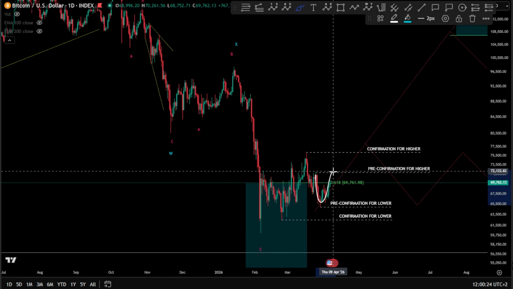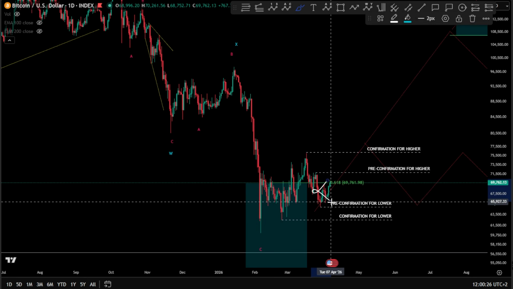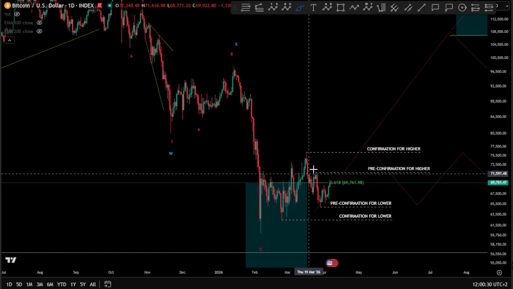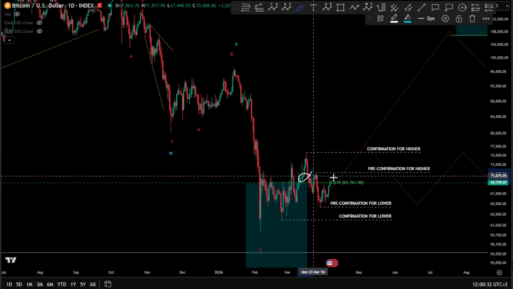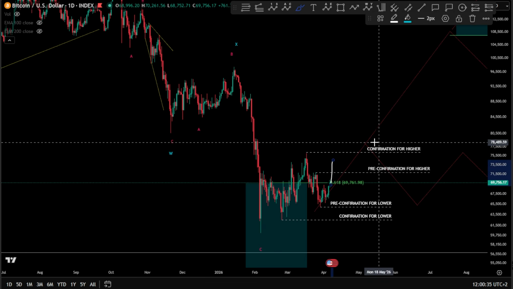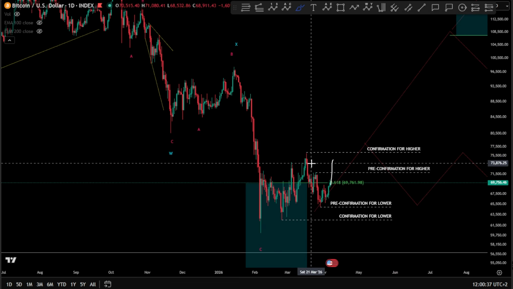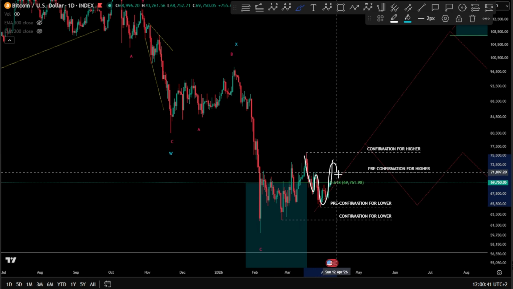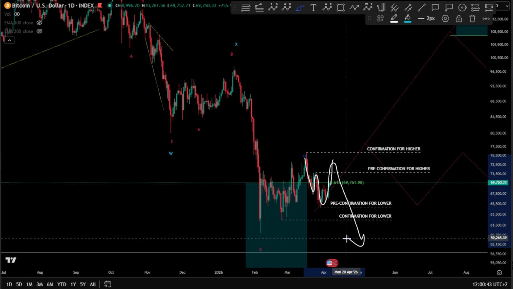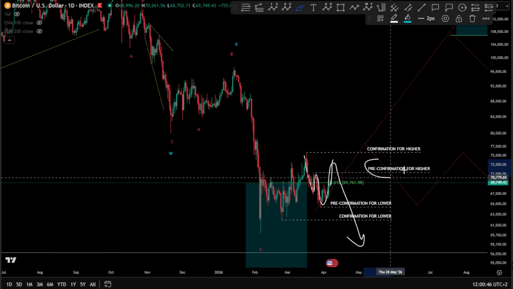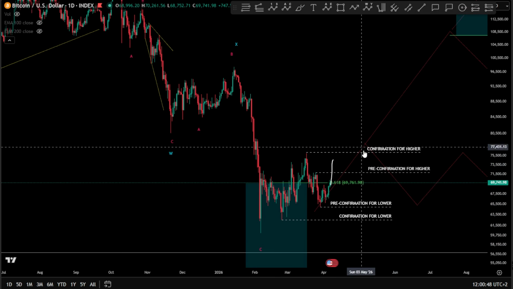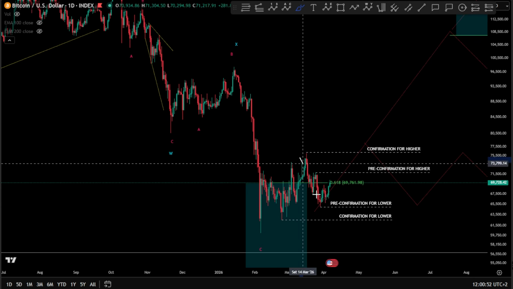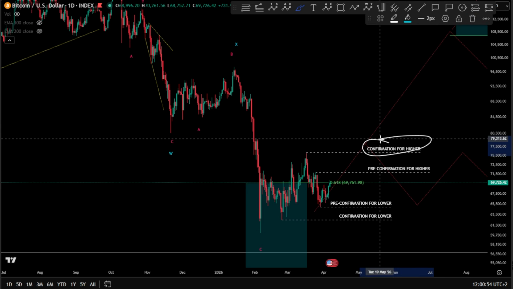this is already your pre-confirmation, meaning you invalidate this 1-2. Now, very high possibility when you invalidate the first one, definitely this one is out. But why do I still have a total confirmation for higher? Because what if the things turn into 1 and then an ABC expanding flat for wave 2 and then we push toward the downside again? So that's why pre-confirmation. And the total confirmation, meaning totally out of any scenario for downward, is taking this high.